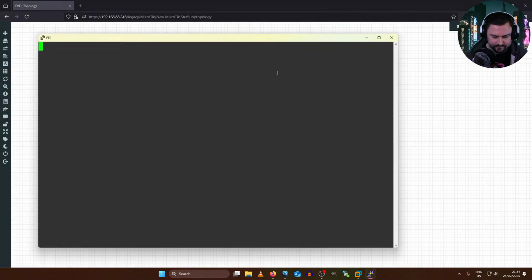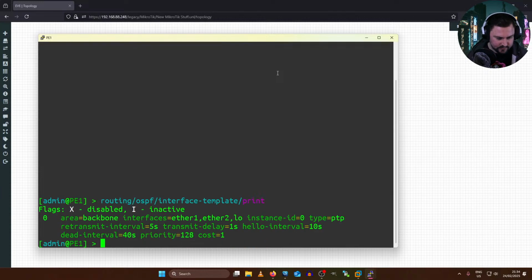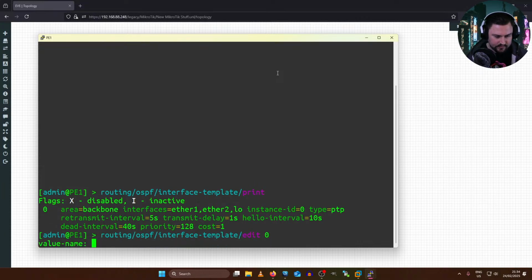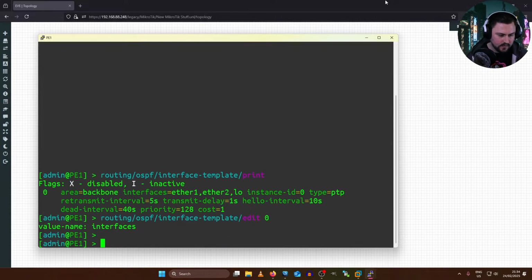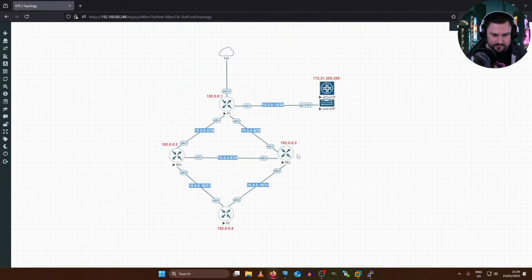I should just be able to go routing MPLS or routing OSPF interface template. So I'm just going to edit the interface template, edit 0, and we're going to edit interfaces. And I'm just going to add Ether3. And then I'll do the same for the PE2.